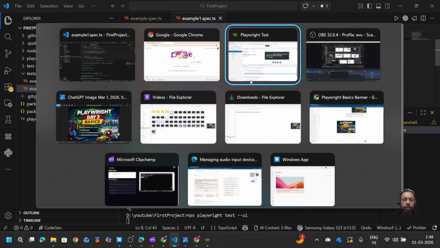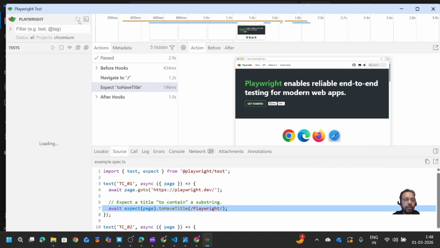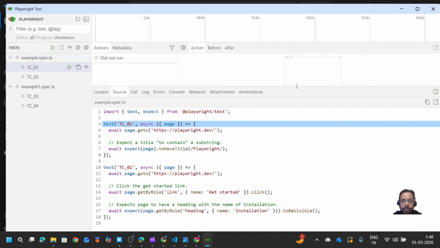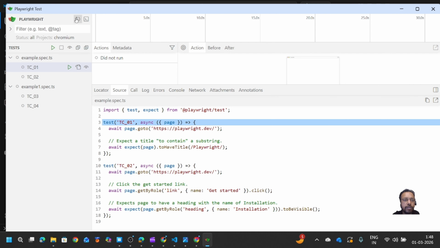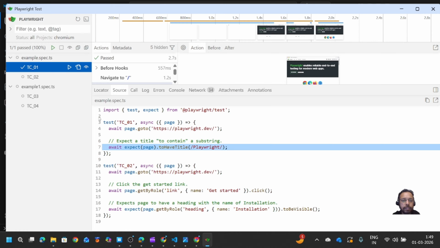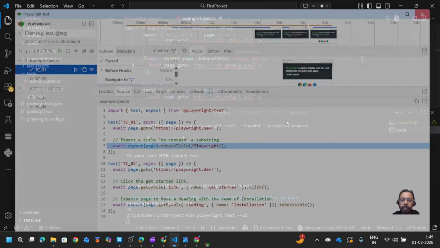And when you come to your UI mode and do a reload, okay, in test case 01, you can view what changes you did. Here it's going to reflect. Okay,